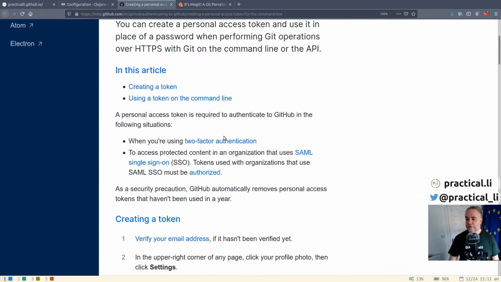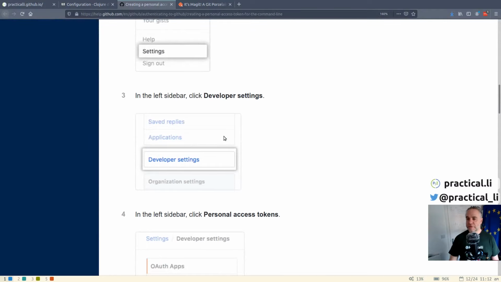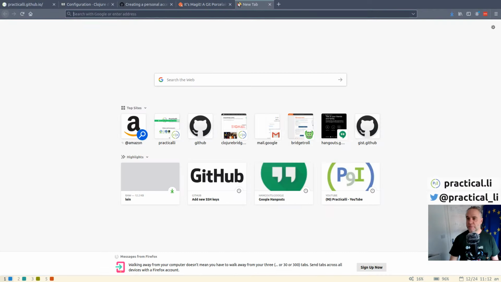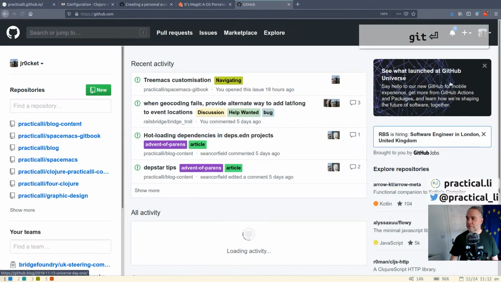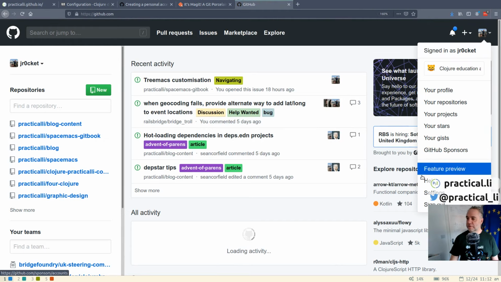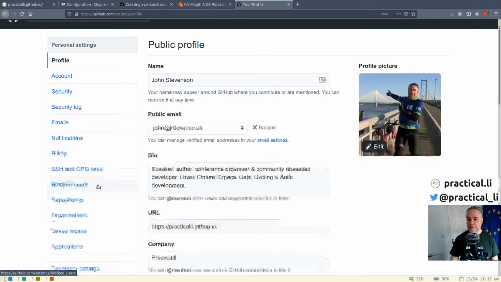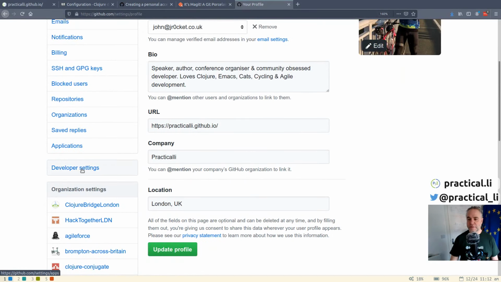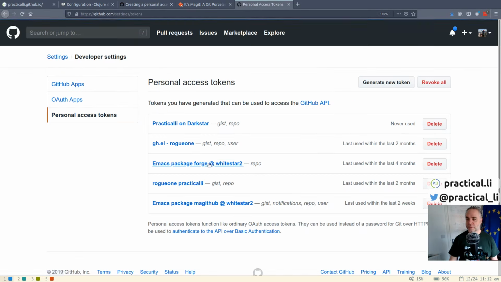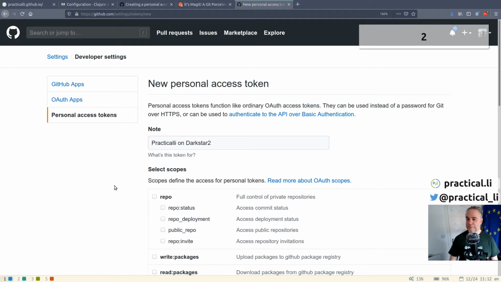Creating a personal access token is pretty easy. We're just using settings, developer settings. So if we go to GitHub again and go to our account, select settings, and there, rather than the SSH keys, there's a developer settings section. In personal access tokens, this is where we can create and also revoke our personal access tokens as well. So we want to generate a new token, give the token a name,